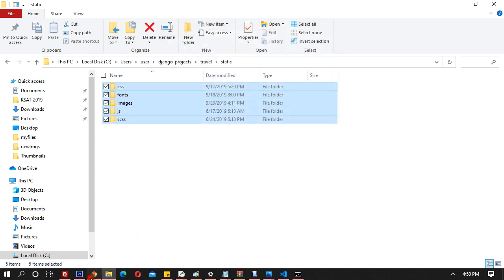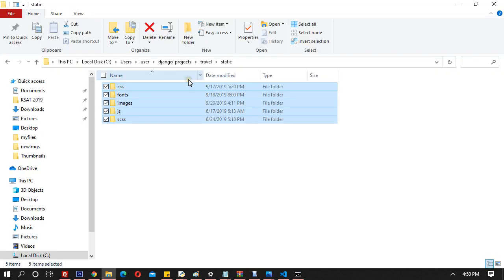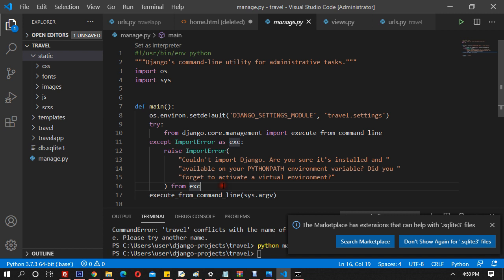Okay, now the copy and paste is done, and now if I refresh, still nothing is going to happen. Why? Because you have to create the reference now, right? It's not easy because you're starting a project, and you're starting a template based project, and it is actually not going to be easy. The reason why, if you can go to settings, so if I show you,